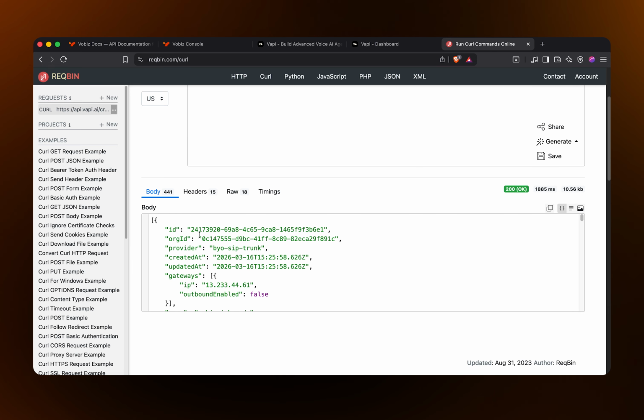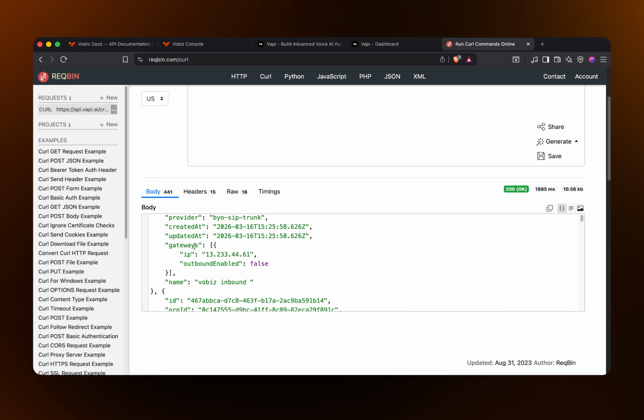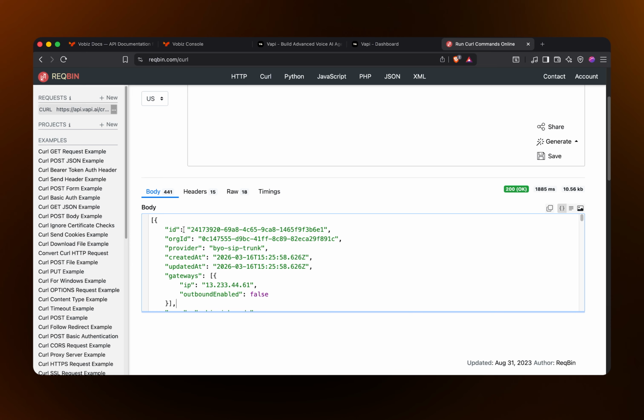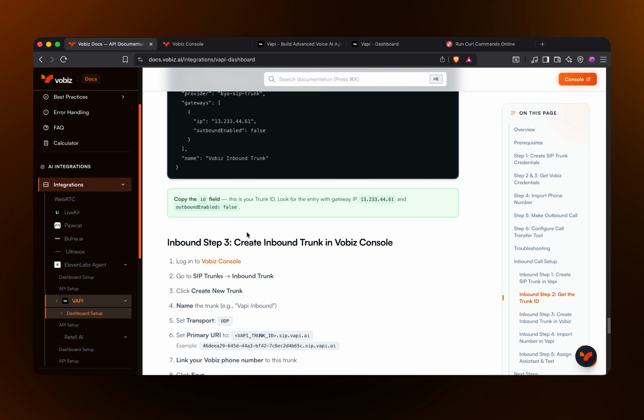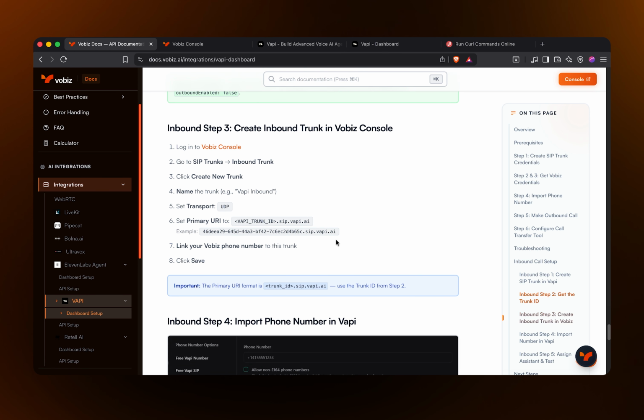IDs, multiple SIP IDs, right? Recently, we created a SIP trunk integration named Vobiz Inbound. We will copy this particular ID. Let me copy it. I have copied it. Now coming to our documentation, right? What we need to do is we need to set the primary URI to Vapi trunk ID, the one which we copied right now,